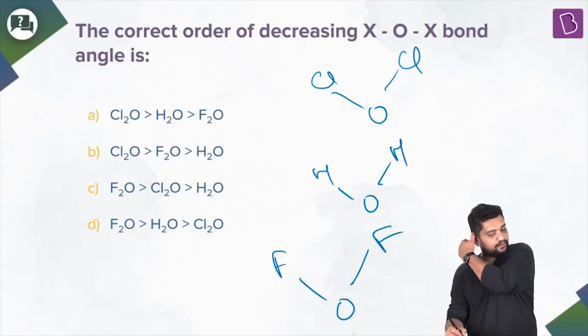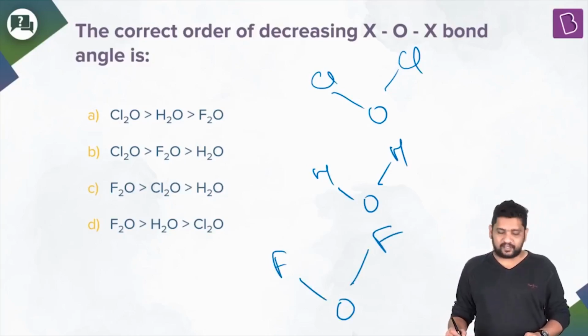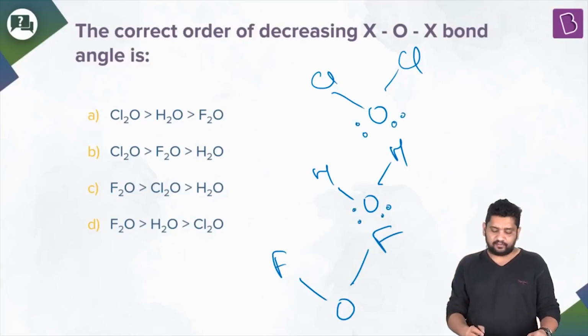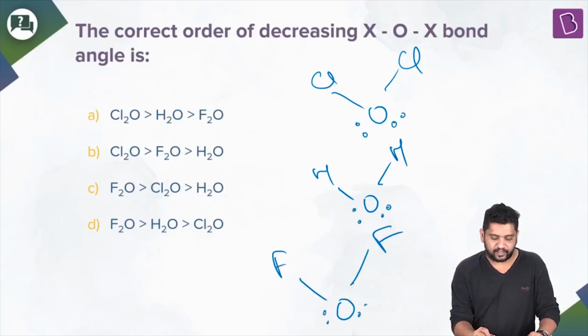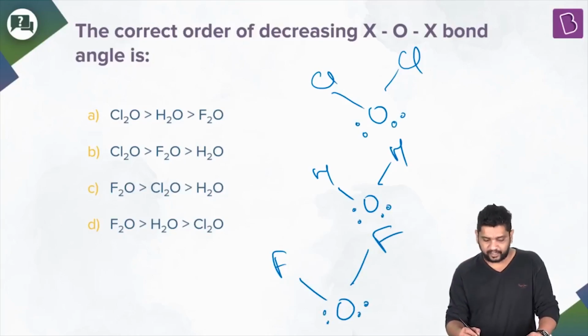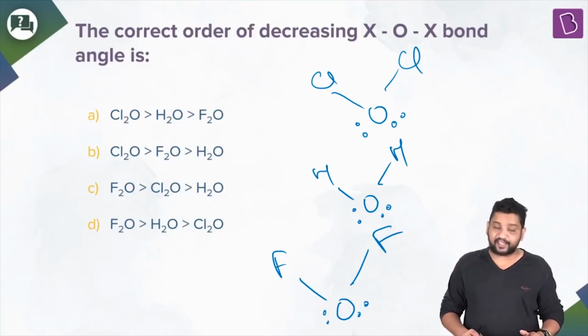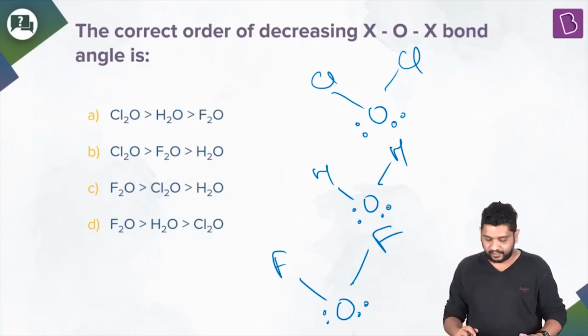So ideally, when you are looking at these, what you can say is that the central atoms are all the same. Hybridization of the central atom is also the same. The steric number is basically 4 in all of them for oxygen. So all of these are sp3 hybridized. All of these have a bent kind of shape. As far as bond angle is concerned, lone pair will tell us that obviously it has to be less than the tetrahedral bond angle of 109.5 degrees. This is what common sense tells us, right?